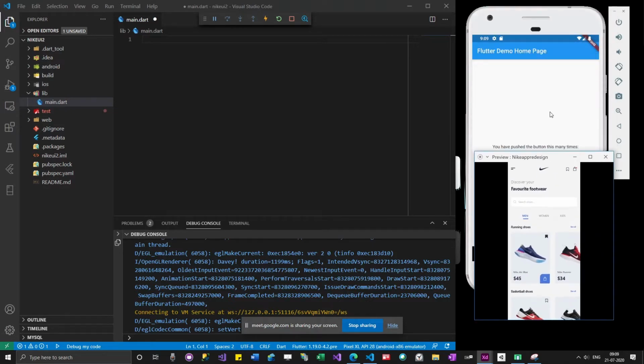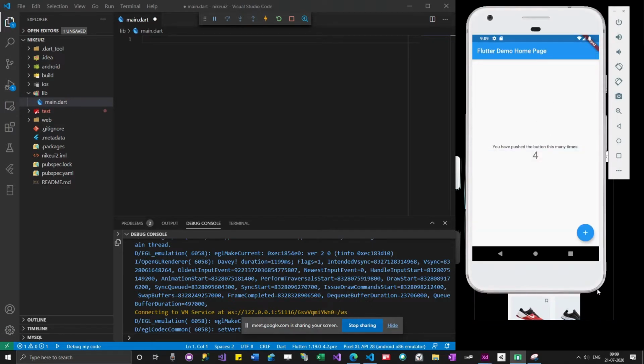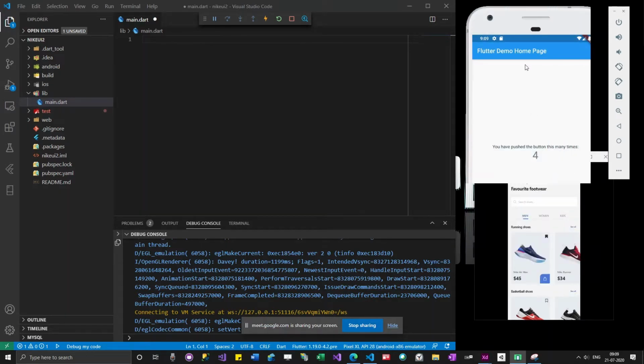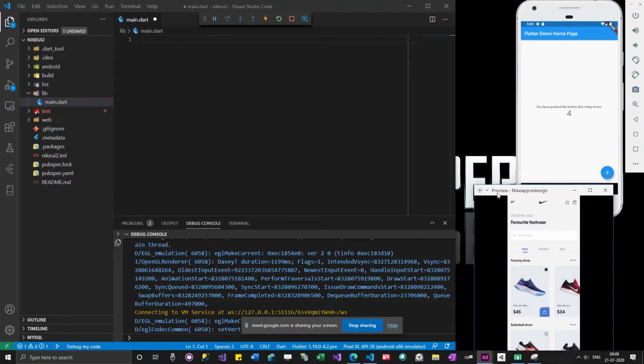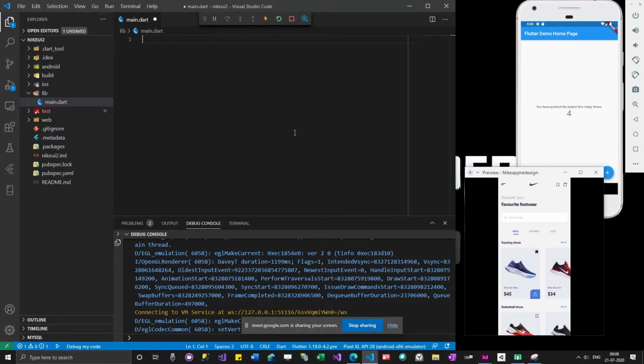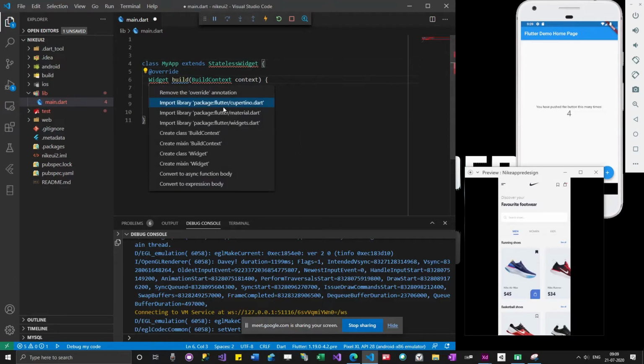I'll make this slightly smaller. I'll also change this, so that I'll have both things on top of the screen. I'll start with the stateless widget and then resolve the issues.